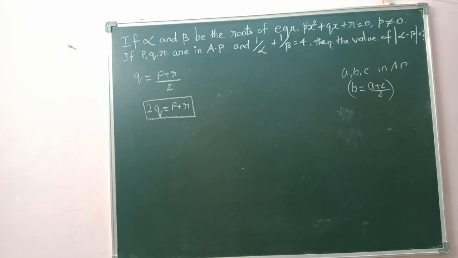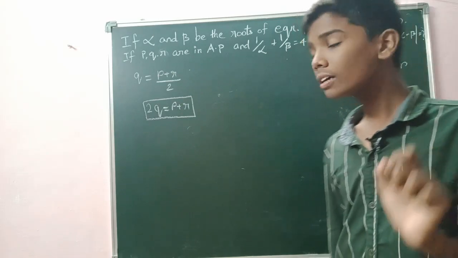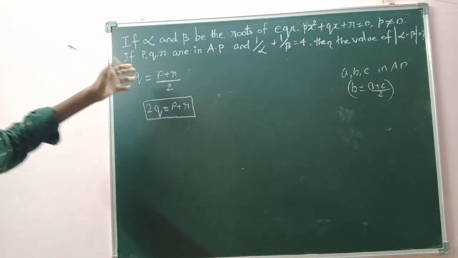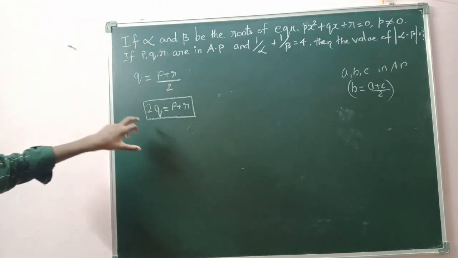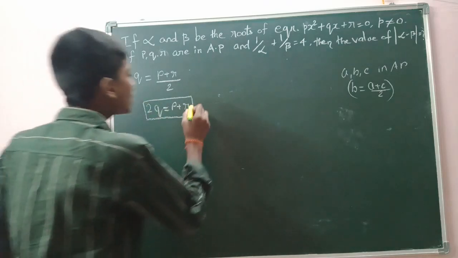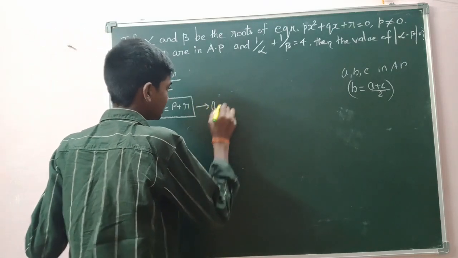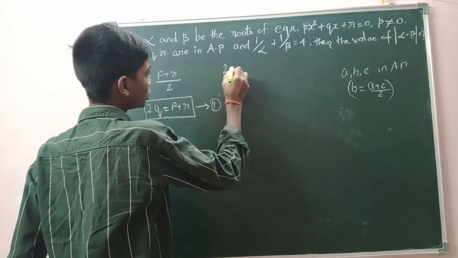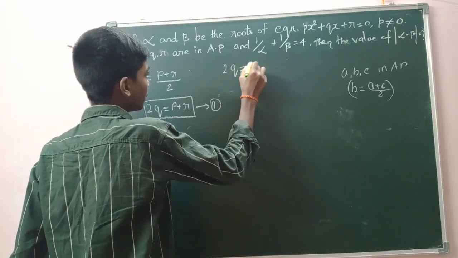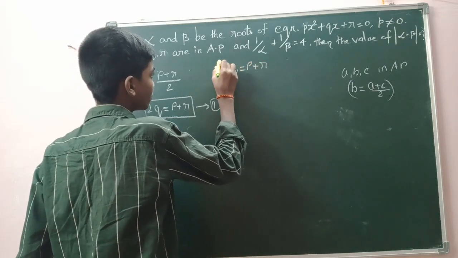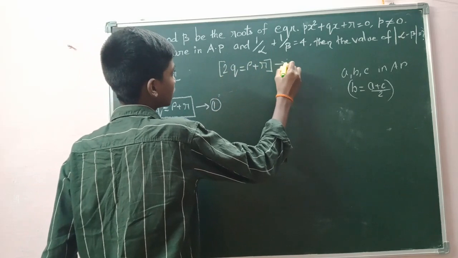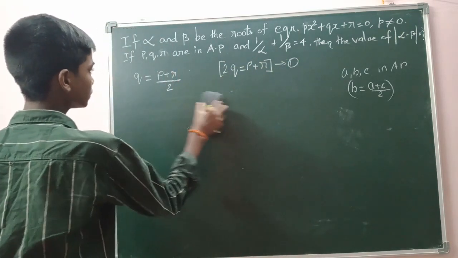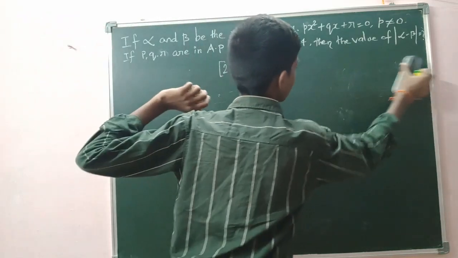And that is what I did here. Very basic thing. So I want you guys to understand this. If 3 terms are in AP, then the middle term will be the mean of the extreme terms. Hence I got 2q is equal to p plus r. Now let me take this as one equation. So I will write here 2q is equal to p plus r. That is what we got. So this is equation 1. Let me take it like that, and I will rub all other things, because only this equation is required,